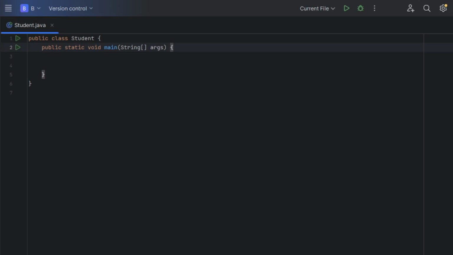Welcome to this video. In this video, I'm going to show you how a Scanner class can be used for user input for all the data types. Data types like the strings, the integers, the booleans. I'm going to show you in this video how each and every one of those data types can be used with the Scanner class in order to